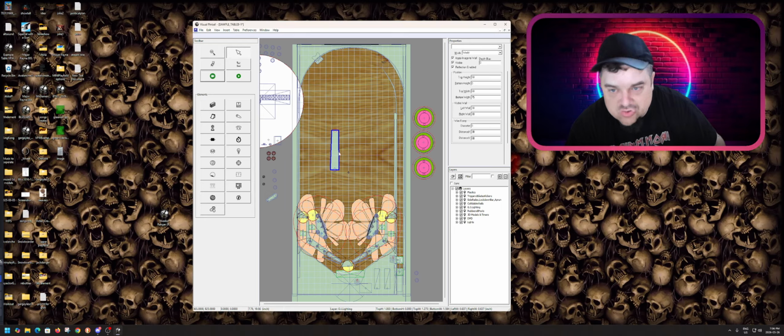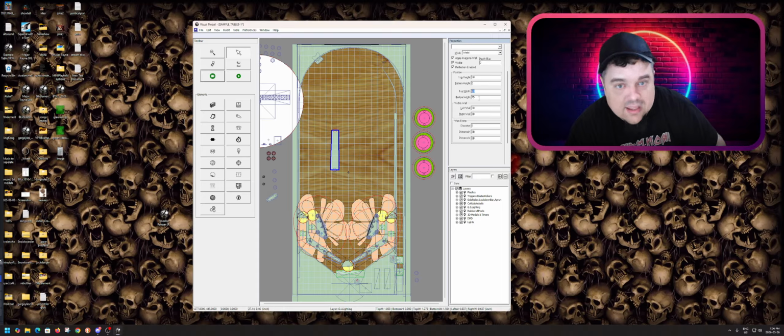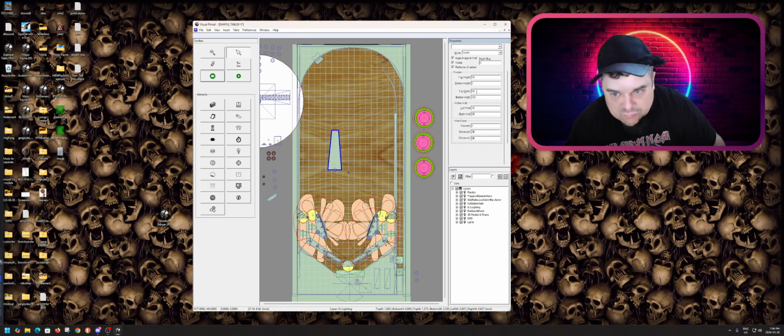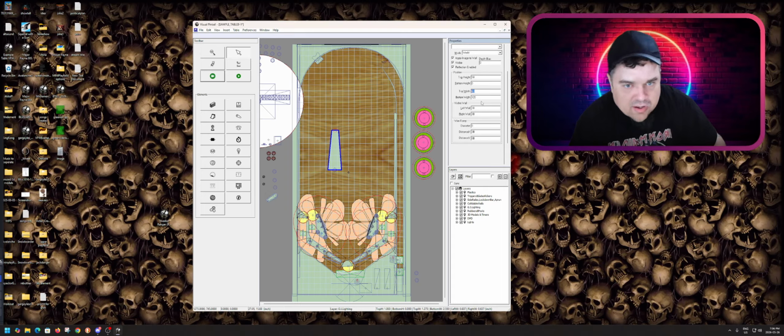So what we can do is when you click on the element, the second set of options here is your top width and your bottom width. So we're going to start with 120 at the bottom, make it really extra wide here, and we'll leave 60 now. I'll put it